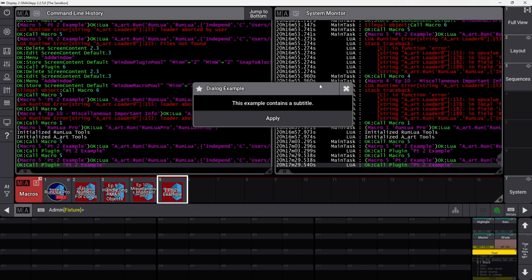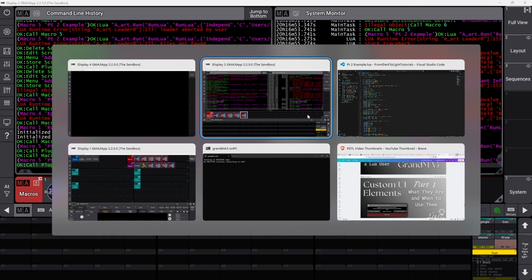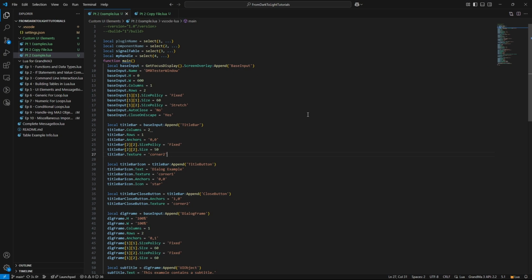Okay, moving on. I'm going to show you the code I used to make this UI element and go over it a little bit. Now, this might look a little bit overwhelming, but I'm going to break it down for you, and it shouldn't be. So the first thing I'm going to point out is I'm going to start with making an item.